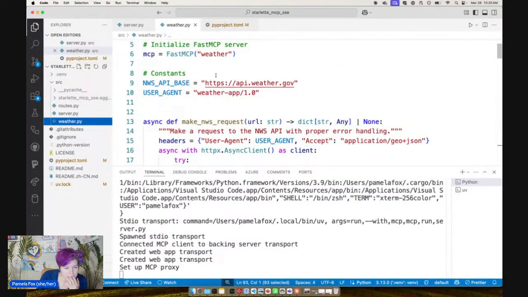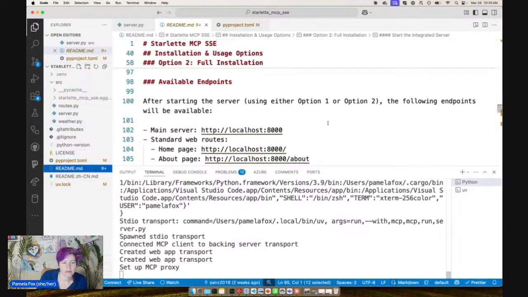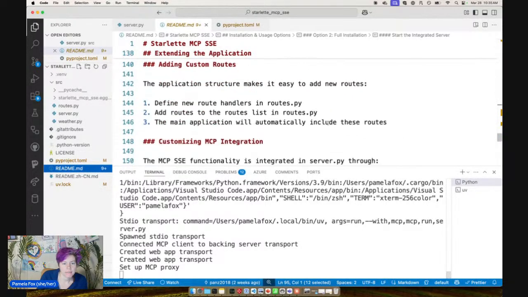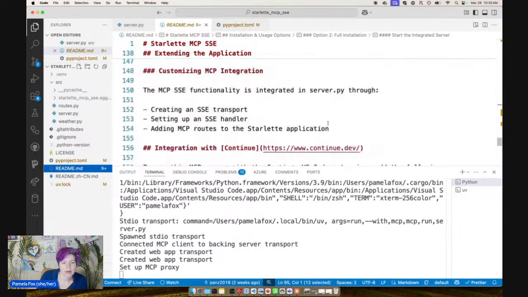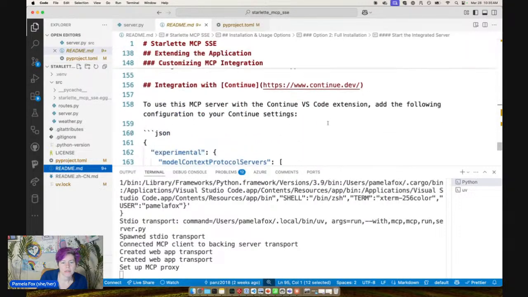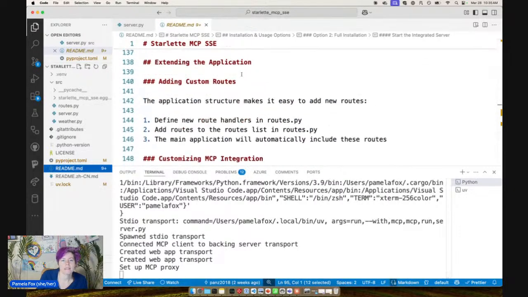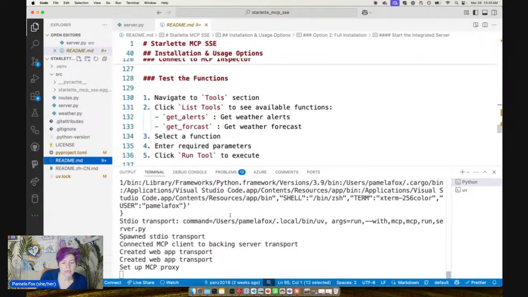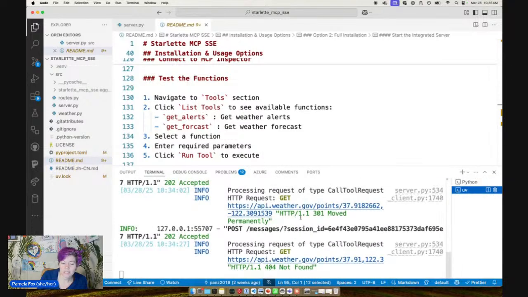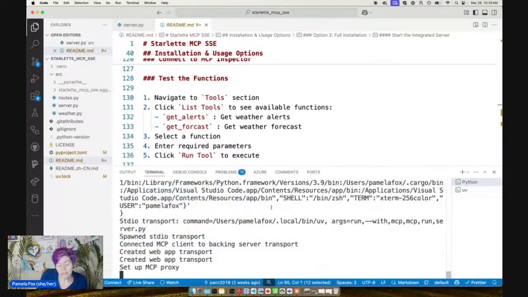So what we want to do is actually be able to use it from a client. So we tested them out. Adding custom routes, integration. It's integrated with the VS Code extension. So that's cool. I guess the first thing we could do is make a Docker file, just deploy just the server